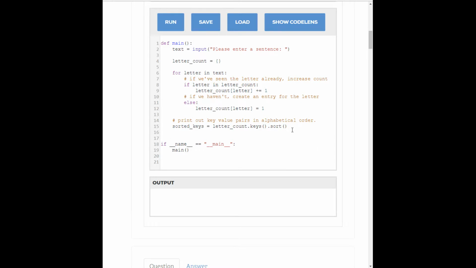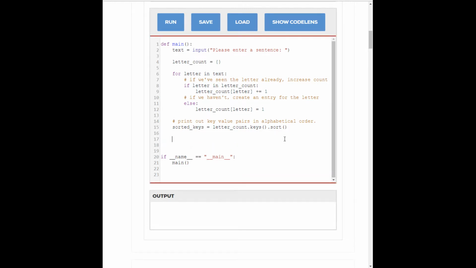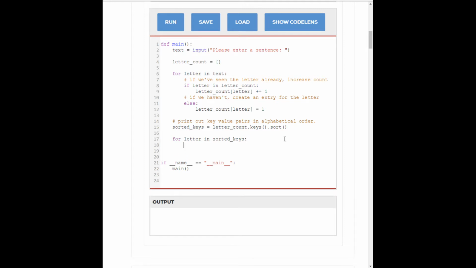Now we can iterate through the keys list in order to grab the associated value. What I mean by that is if we sort through and say for letter in sorted keys, so every letter that we see in the sorted list of keys, if we go to the letter count dictionary and grab that letter, it should return the number of times we've seen it. So we want to print